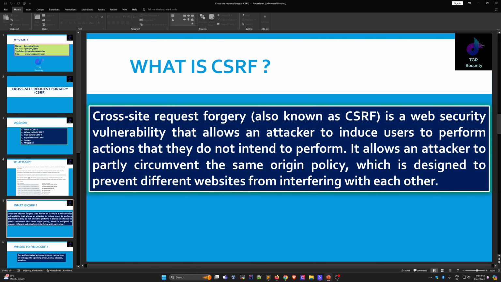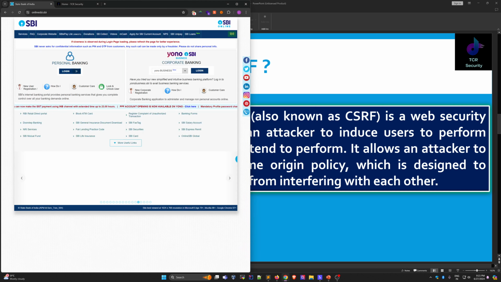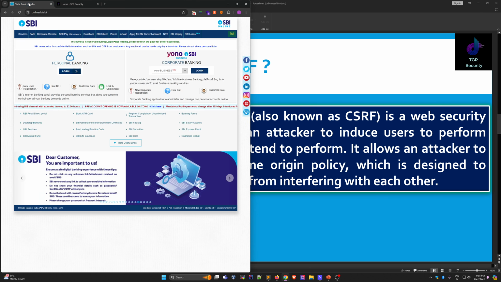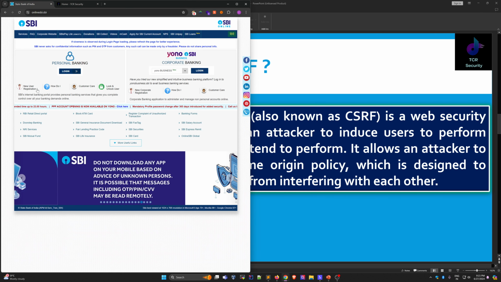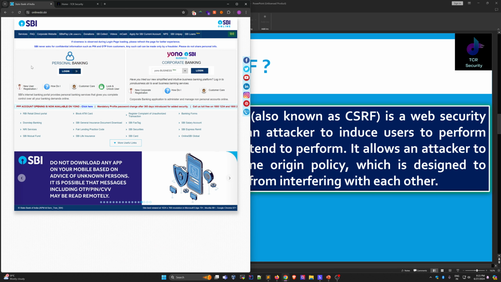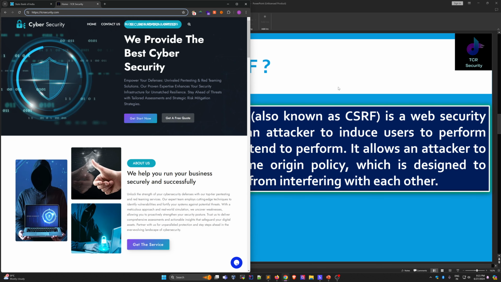Cross-site request forgery, also known as CSRF, is a web security vulnerability that allows an attacker to induce users to perform actions that they do not intend to perform. It means the user does not want to perform anything, but because of this vulnerability, that action is performed. It allows an attacker to circumvent the same origin policy, which is designed to prevent different websites from interfering. Normally one website cannot attack another, because the same origin policy restricts that, but because of CSRF we can perform this. Okay,